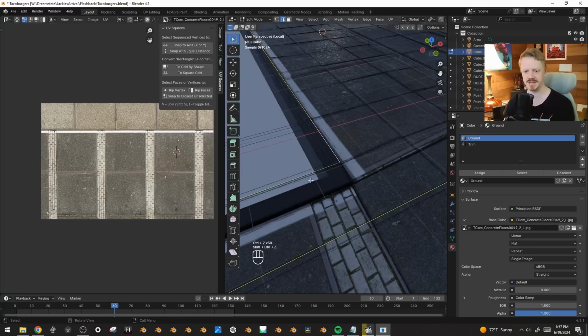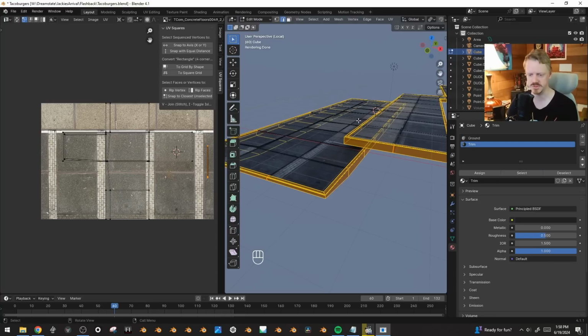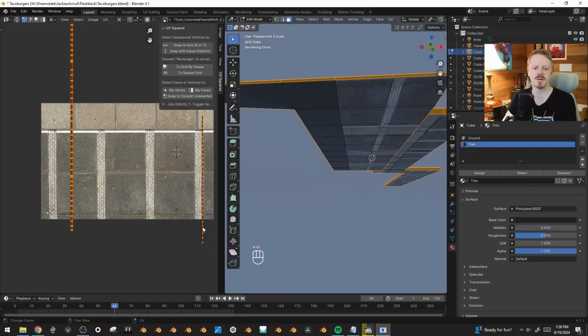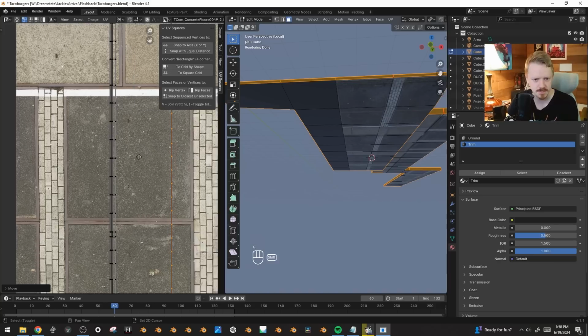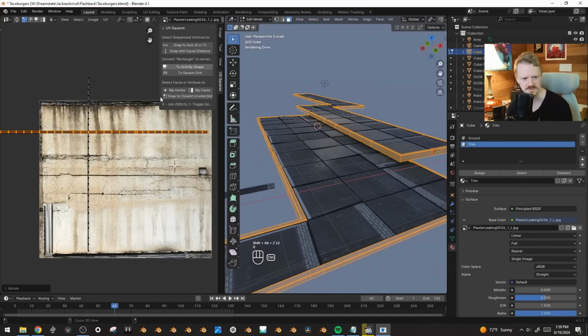Yes, okay, we're good. So just remark those seams, and now select the trim. Oh yeah, we still gotta deselect these faces, and now unwrap to grid by shape. They're both so clean. Okay, that's excellent. And I'll try to line these up a little bit. Load our image texture back in there,